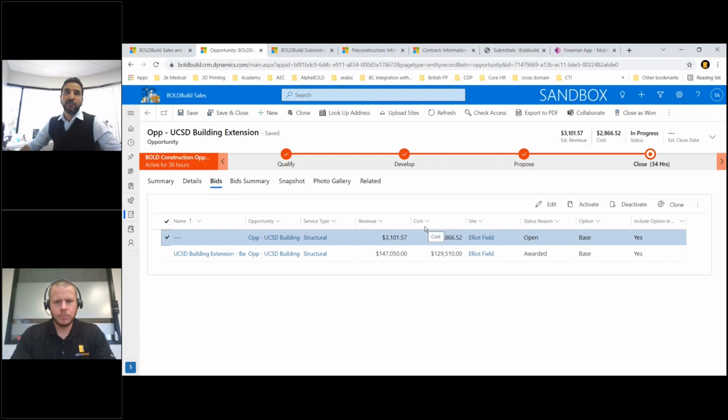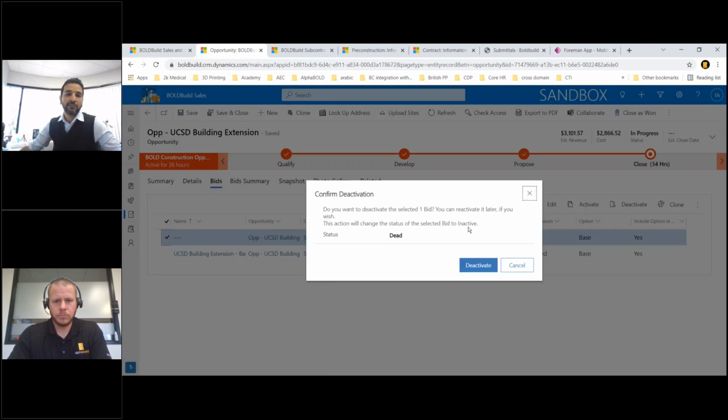But before I do that, I want you to know that it's not just the estimation, it's the whole bidding process that our estimation app automates. What do I mean by that? We know that your estimate will go through 10 to 12 revisions before it is accepted. So you can clone this as many times as you want, but there's a whole workflow process for different statuses